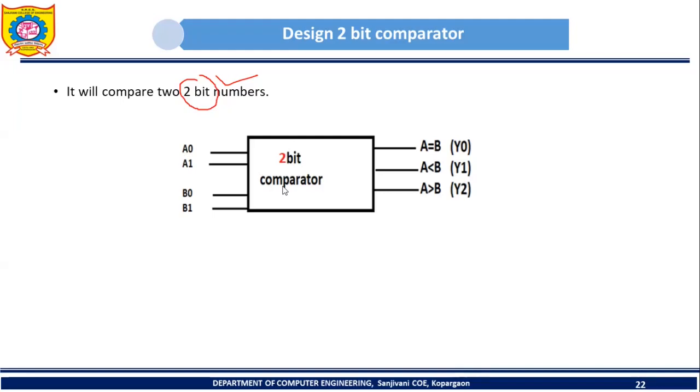So see, this is the block diagram for the 2-bit comparator. It will take two numbers. The first number is A and the second one is B. We have seen that the size of each number will be 2-bit. So let's assume that the first number contains 2 bits, A0 and A1. The second number again contains 2 bits, B0 and B1. Again here we will assume that A0 means LSB and A1 means MSB. Here also B0 will be LSB and B1 will be MSB. So the 2-bit comparator will compare the magnitude of these two numbers, and then it will activate one out of these three outputs.